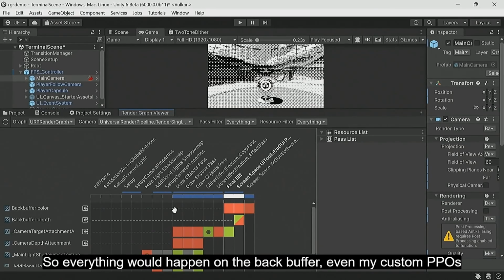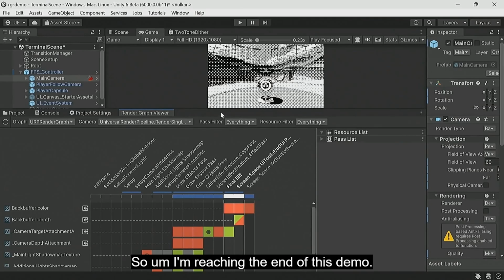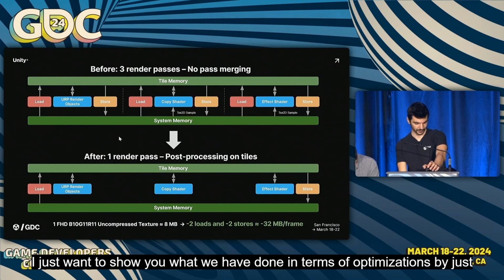So everything would happen on the back buffer, even my custom post-processing effect. And that would be even better. Okay, so I'm reaching the end of this demo. Before I end up, I just want to show you what we have done in terms of optimizations by just